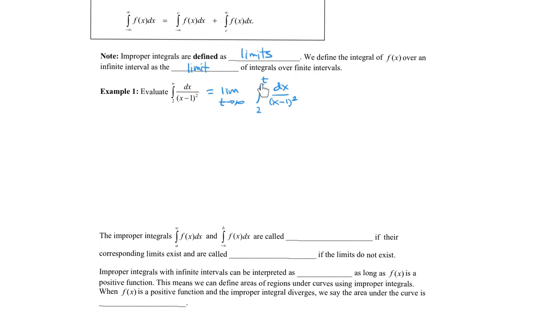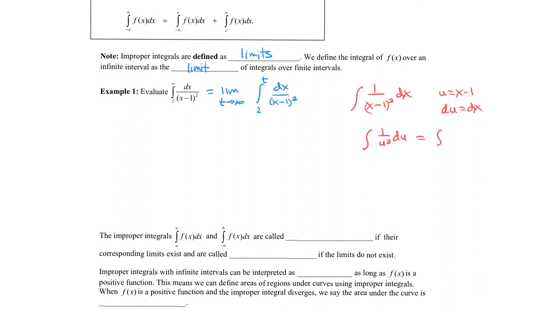Find the limiting value. So once you get this set up, we can basically just off to the side evaluate this integral, which I'll do over here in red so you can see. We've seen integrals like this plenty of times. It's a simple u substitution. We let u equals x minus 1, so then du is just going to be dx. So then we really have 1 over u squared du,